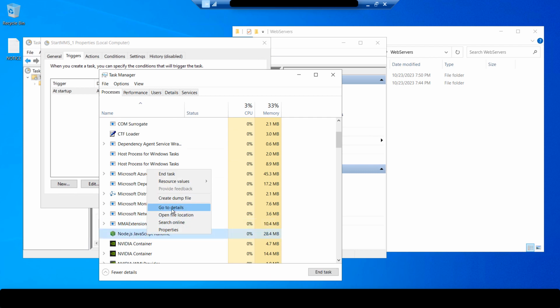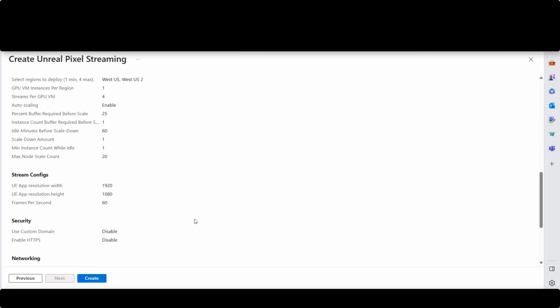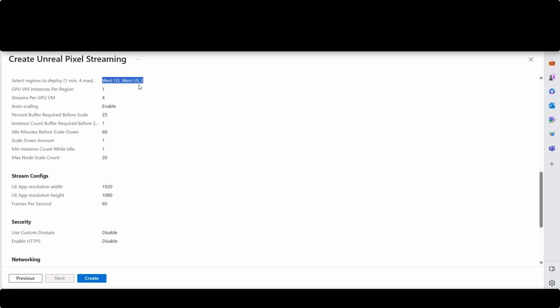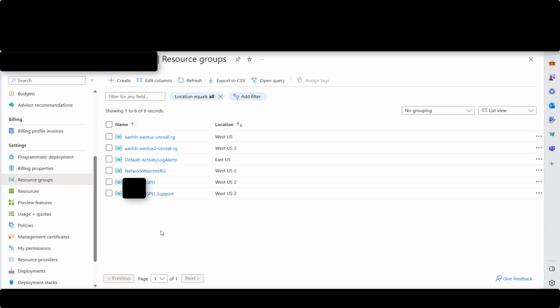Just again illustrating how internally this is organized, and how this infrastructure is deployed automatically through the marketplace item. Now let's take a look at the multi-region deployment. The maximum number of regions is 4. In this case, we deploy it into 2 regions, West US and West US 2, with 4 streams per VM, and 1 VM